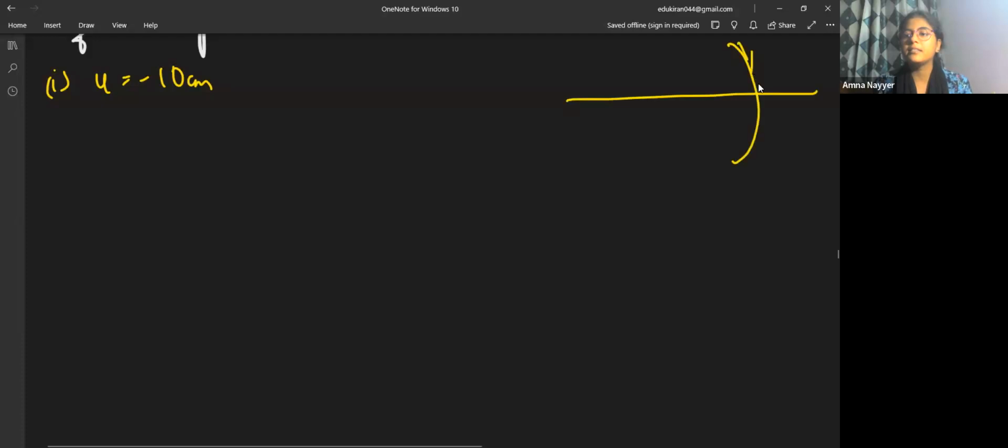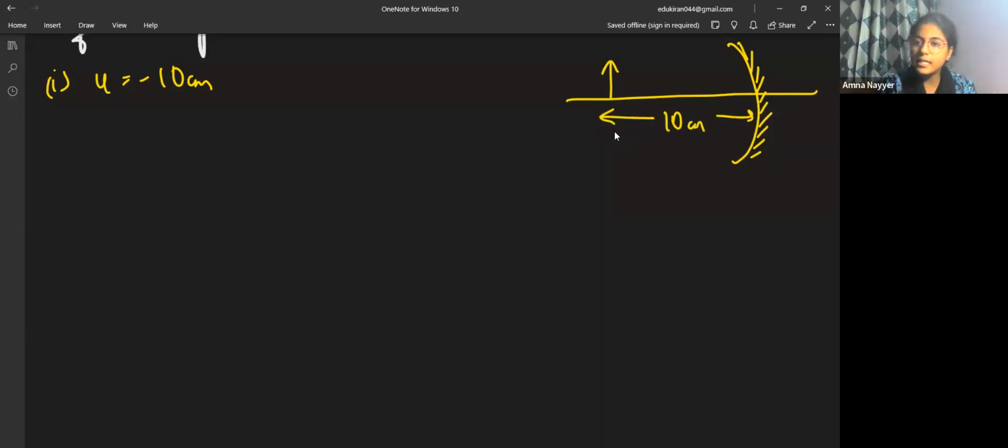Mirror is there. Concave mirror, it is mentioned also in the question. Object is kept in front of the mirror. This separation is 10 centimeters. So if the separation is 10 centimeters, total it will be minus 10 centimeter because this is kept in front